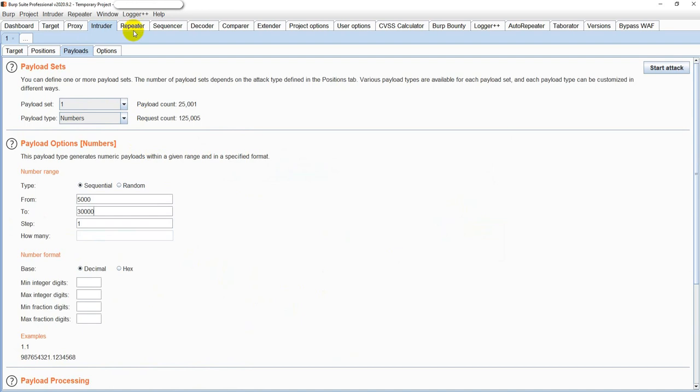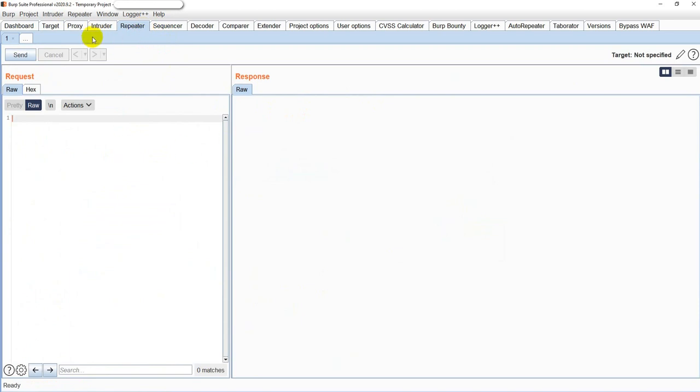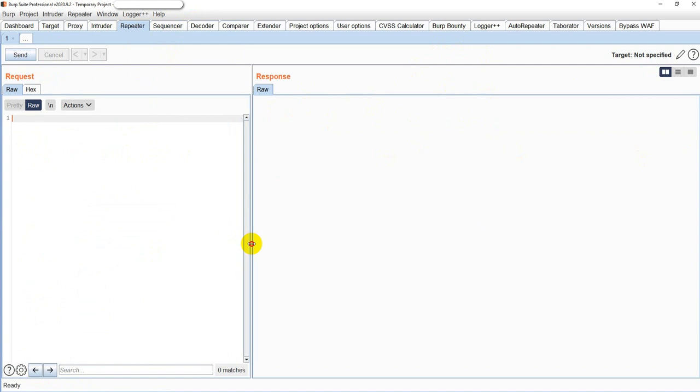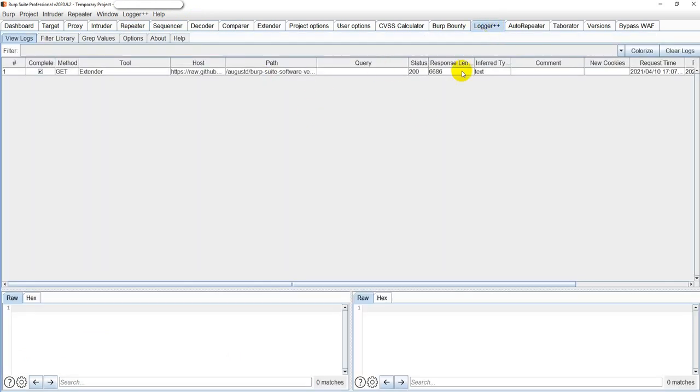There are more such options, like you can go for Repeater. I think it's pretty much the same, whatever is available with the Repeater you can get the same stuff over here. Again, detach is another thing. Logger++ is, I believe, one of the great extensions which is really helpful. So here is one of the tips. Whenever you are scanning an application, you can go ahead and use this Logger++ extension, so that you get some idea of what your tool is doing in the backend, right? I'll try to show you a real simple demo over here in some seconds.